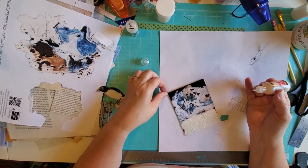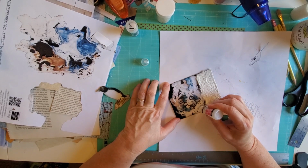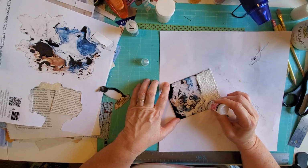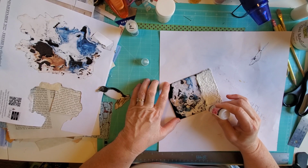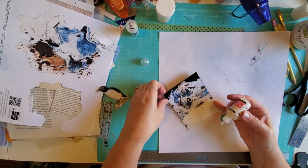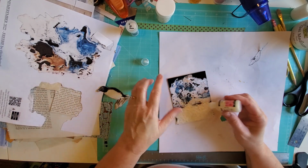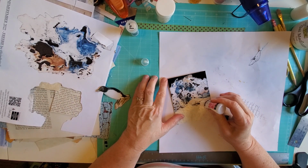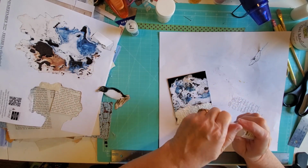What do you think? You think this is going to look all right? I don't think it'll look too bad. It can't possibly look bad, right? It's just gloss. All right, we're going to let that dry. While that's drying,